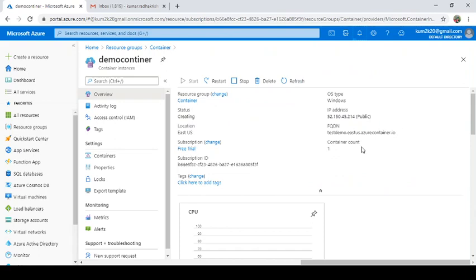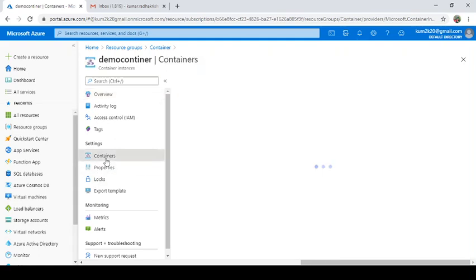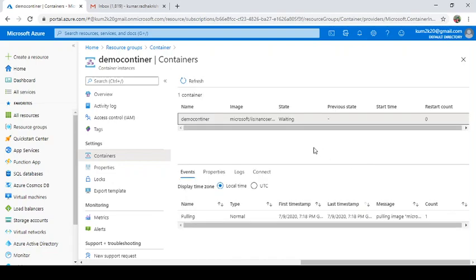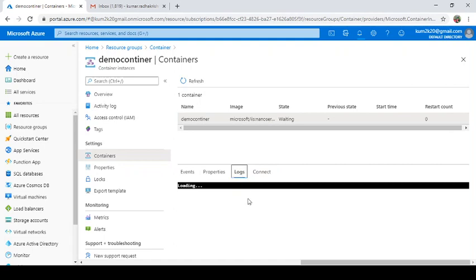Once it is over, I can access this hello world using the public IP. You can see the container status now, whether it is running or terminated, or the state is waiting, which means it is still provisioning and not fully deployed. Here you can see the logs as well, what is currently running in the background.